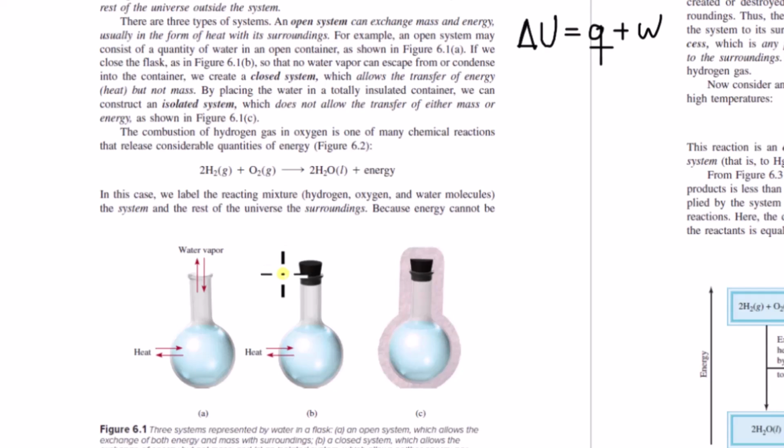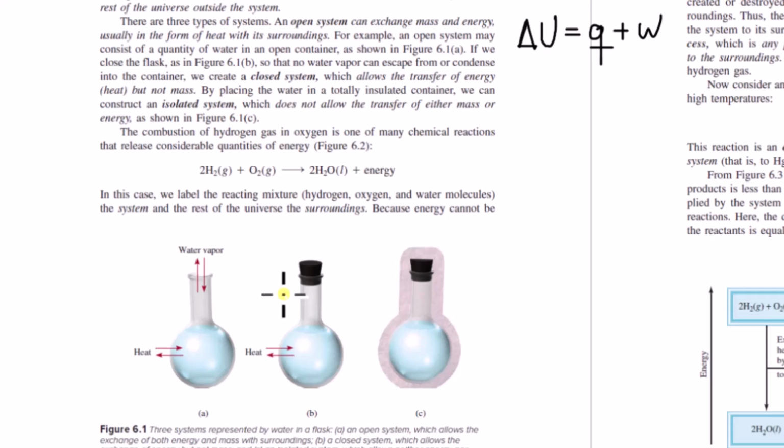work transfer. So in this case, with the system being just the interior volume of the flask, if the flask is closed here, now no water vapor can enter or leave the system. No mass can enter or leave this system. So it's a closed system. But obviously, heat can still be transferred across the walls of the flask if there's a temperature gradient between the system and the surroundings. But technically, if the system were the interior volume of this flask, then no